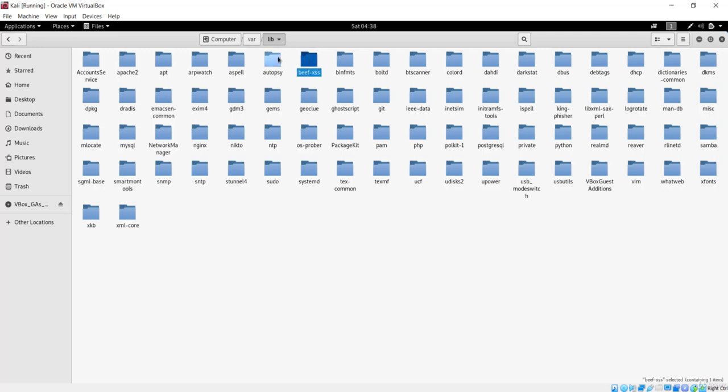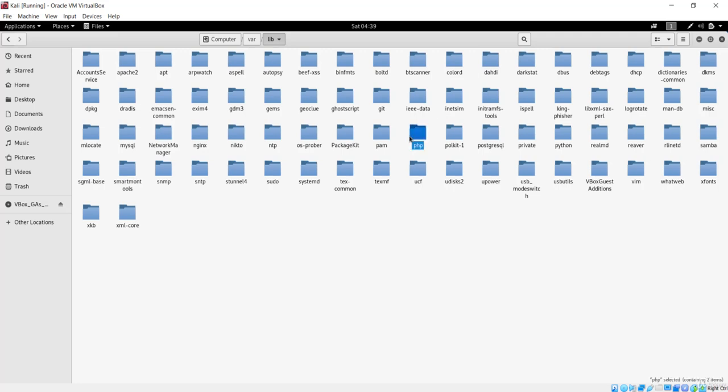You can see autopsy here. You can see the apt folder, which is going to install the third-party package library for us, or basically any package that is installed from this var directory. So you can see this is a very important directory. You can see the Apache 2 server right over here. So these are all the packages that come pre-packed, or basically when you install Kali Linux, this is installed in your Kali Linux.